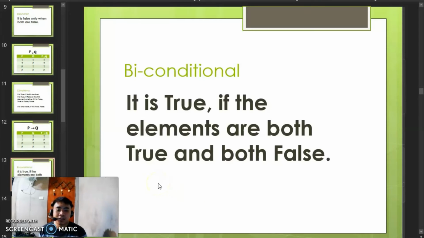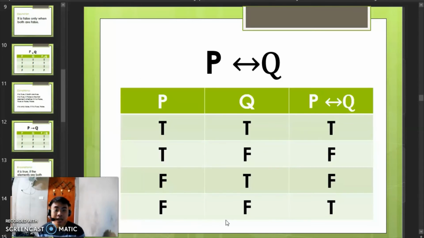Okay, so after natin i-review yung lima, the negation, the conjunction, disjunction, conditional, and biconditional, let's have the three identifications of truth values. Ito yung sinolve natin kanina. So, sabi natin, biconditional, makakakuha tayo ng true kapag parehas itong true. So, we have true, false, false, true. So, proceed tayo sa three identifications of